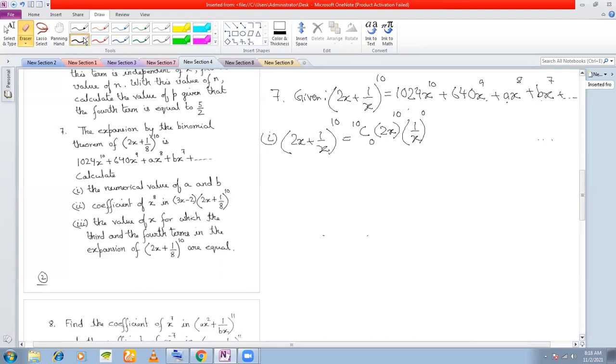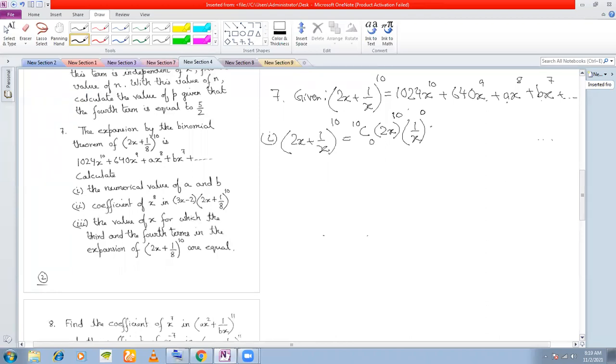Otherwise, if you see that you are not getting this term, then what will you do? Then you will just reverse the power here. You will make this as a power 10 and you will make this as a power 0. Is it clear? Okay, so I hope this is clear. Because you see the power above as 10, you make this as the power of 10 and you make this as the power of 0. If you don't see that the powers are matching, then you interchange a and x.